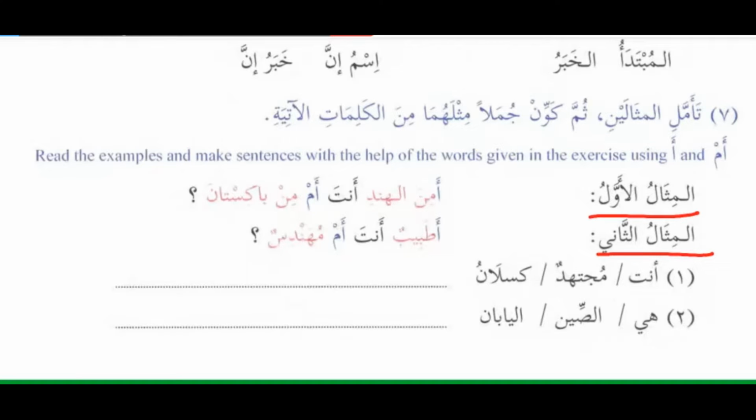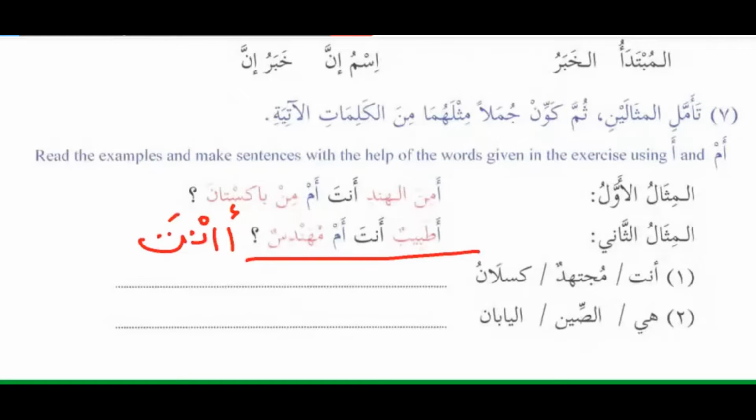Now this is the rule. It means or, but this means or when it's coming in an interrogative sentence, where we ask someone, are you from India or from Pakistan? That time we will say, are you from India, or huna means or from Pakistan. Like with tabibun anta, we cannot frame the sentence like